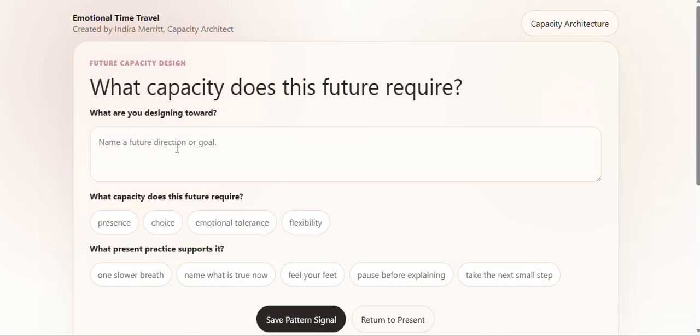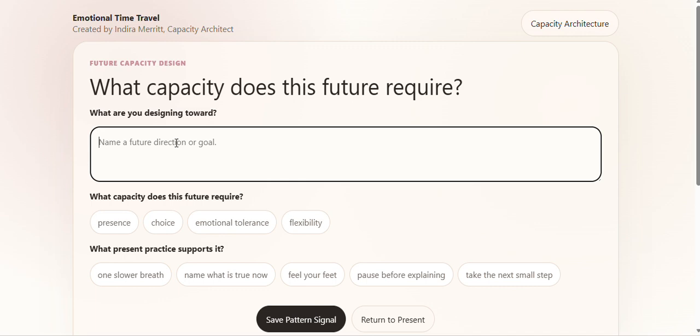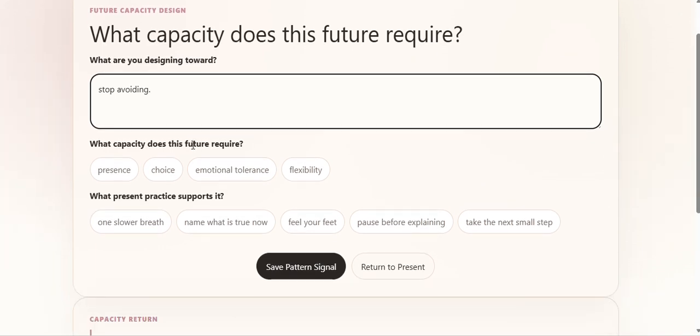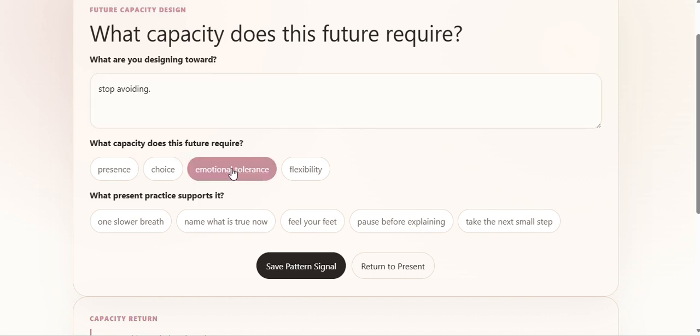So once you get here, you can name your goal. And so maybe the goal for me is to stop avoiding. So this is kind of like journaling without it being a journal. And I might decide that the capacity this requires for me might be emotional tolerance.